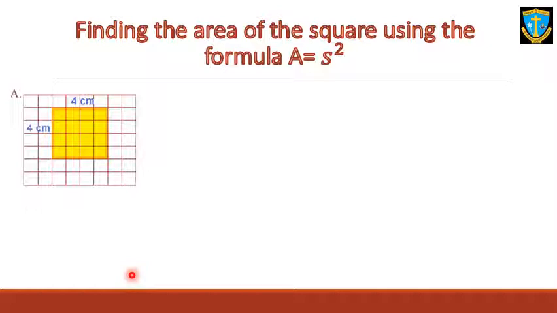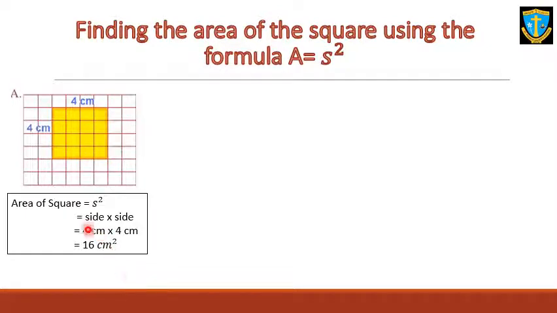Let's go for the solving part. What we have to do is just put the formula, substitute the value of the side, multiply and get the answer. So area of a square is equal to side square, or side multiplied by side, you get 4 centimeter multiplied by 4 centimeter. So it comes to 16 centimeters squared. The units are doubled, so centimeter square, 4 4s are 16. Remember, only in area we double the units. Centimeter multiplied by centimeter becomes centimeter square.